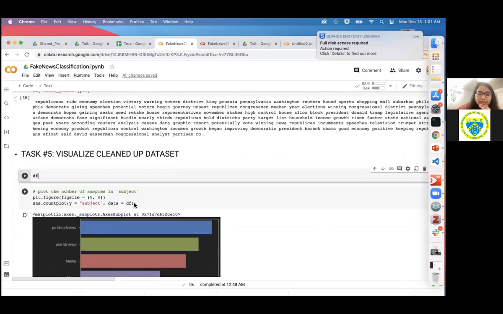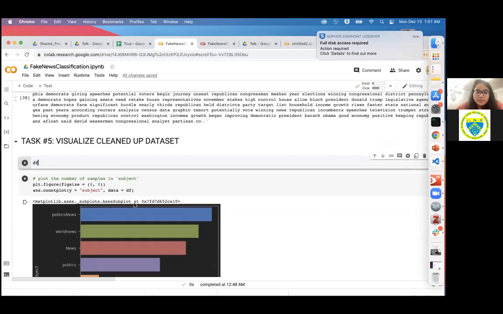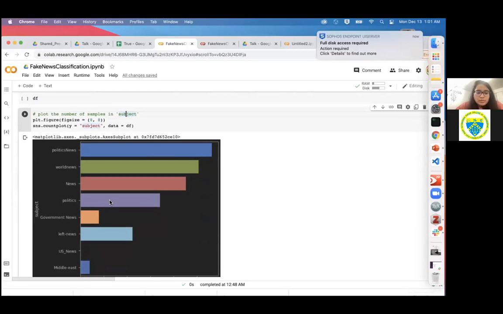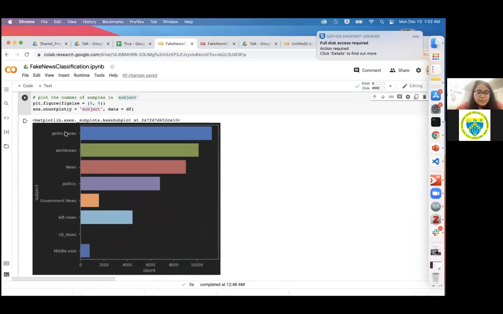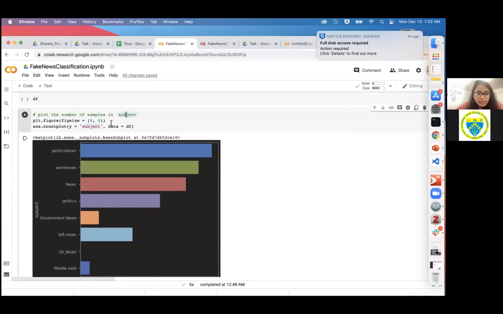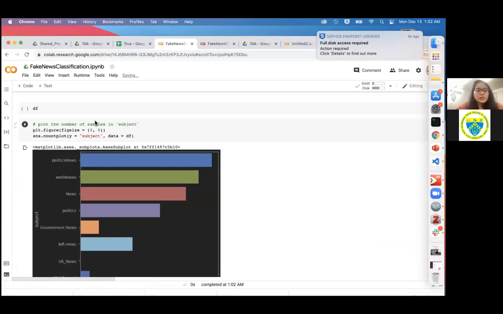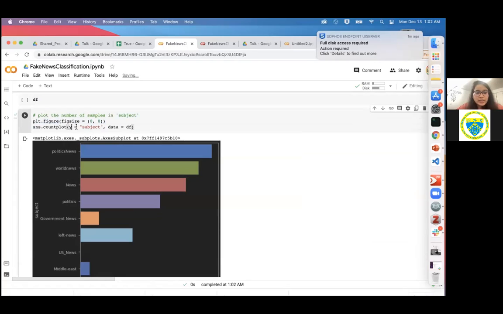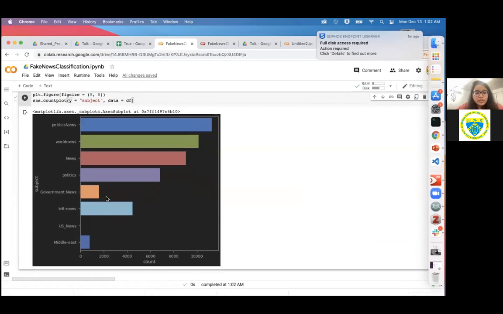Okay, so let's do a more careful visualization and detailed analysis of this data set. If you remember, I said that there is a subject mentioned in this data set. Let's see how many news articles belong to different subjects. So here I'm using this plot library. It is plotting this figure and it's doing nothing but plotting the count of articles